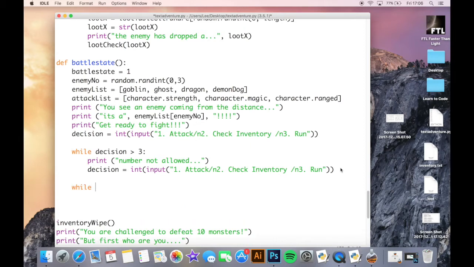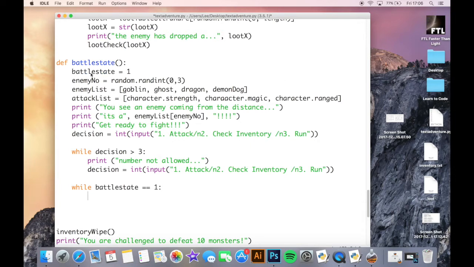Right, now we're going to go into the actual meat of the program here, or the definition here. So while battle state is equal to 1. So basically I'm saying here that while this is on, I want to carry on this repetition. So while my battle state is 1, and if my decision is also equal to 1,